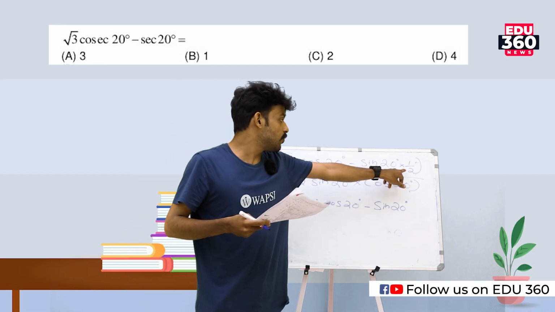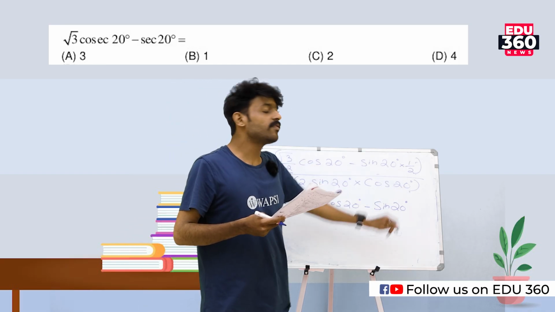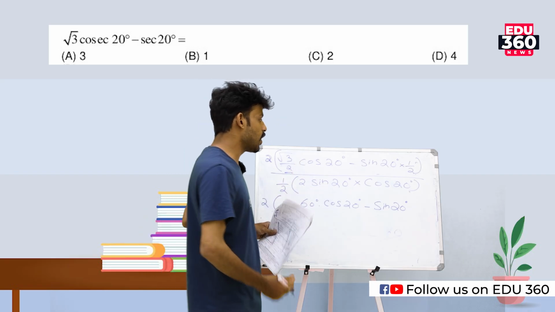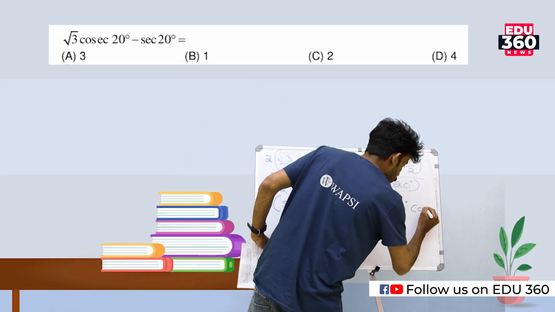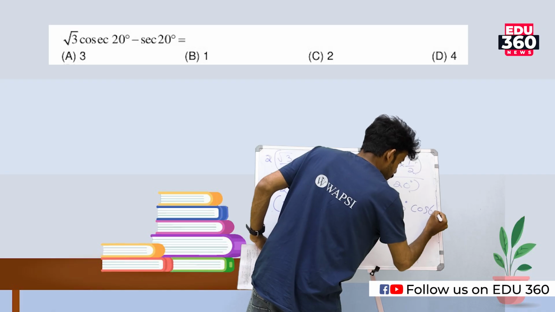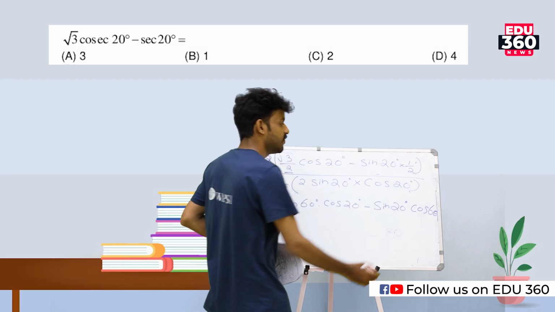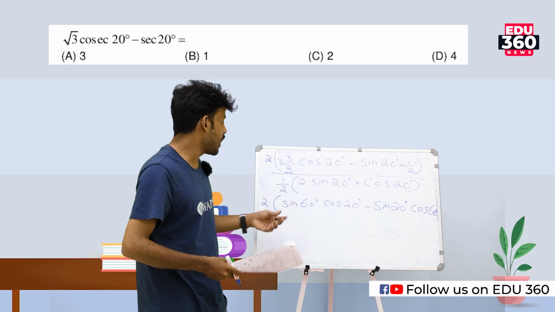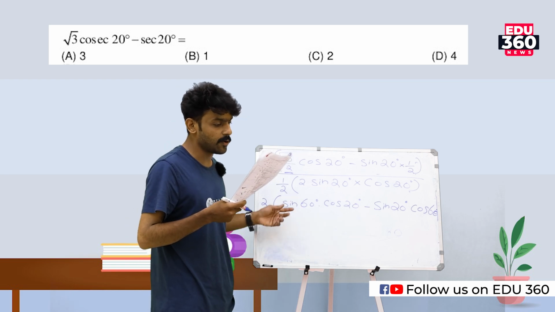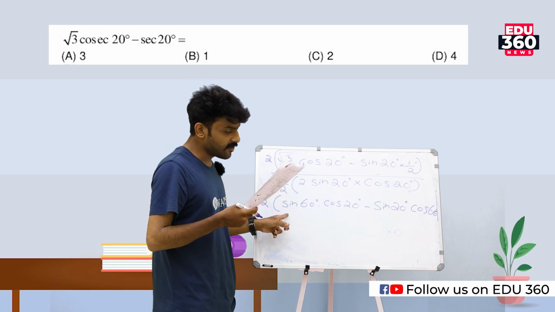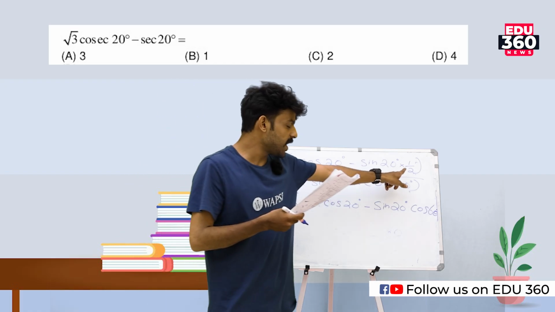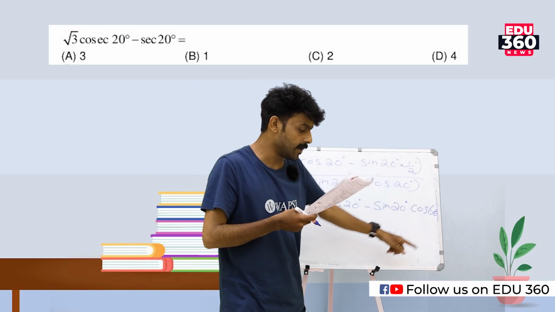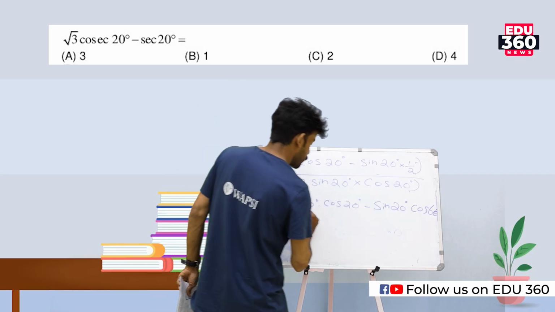For 1 by 2, this is for cos 60. The value of cos 60 is equal to 1 by 2. So we can write cos 60 degree. Instead of root 3 by 2, I just substitute sine 60 degree, and instead of 1 by 2, I just substitute cos 60 degree, divided by,